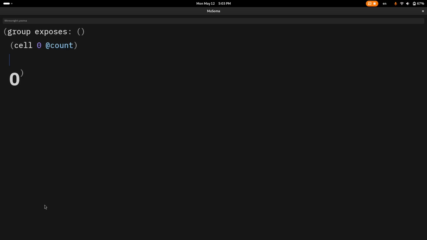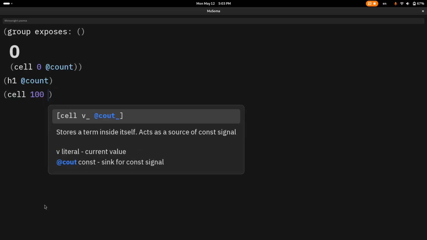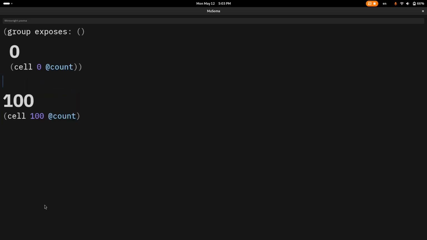I can move it out, it does not know what to display. So similarly, I can move the cell out, right? So if I move the cell out, the h1 does not know what to display. So if I create another h1 here, you can see this h1 does not work because it cannot reach the cell. And moreover, we can create different cells here,